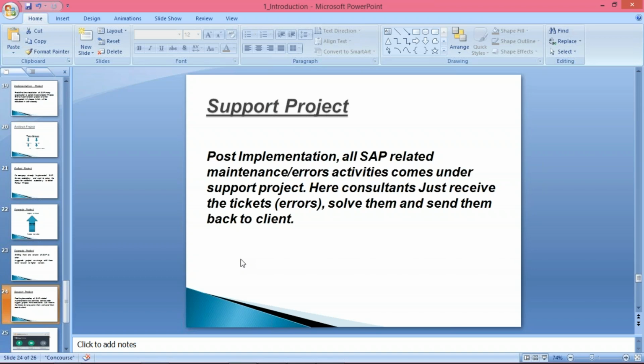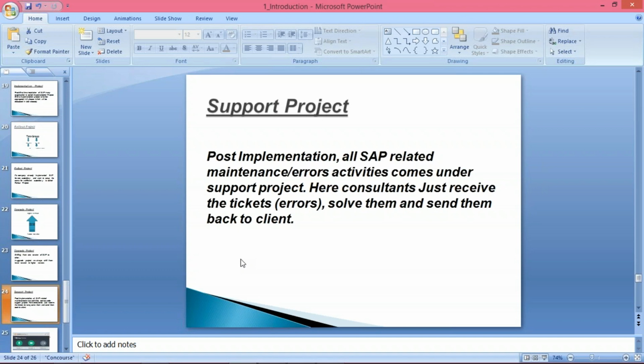Tata Motors once again is going to approach IT companies and say, okay, implementation is done, you have installed this SAP, very nice, where our employees are going to work. But what if they face any issues, any errors, or have some requirements? Who is going to meet their requirements and solve these issues and errors? For that also they require an SAP consultant. So Tata Motors once again is going to tie up with certain IT companies and say, now you give us support.